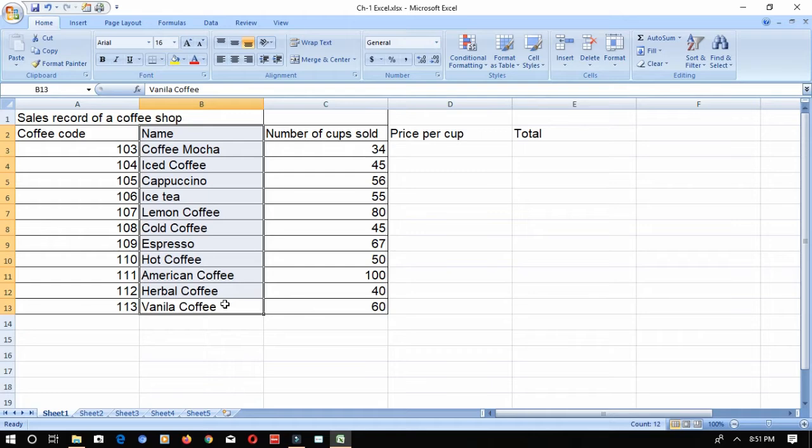Now let's see selecting a particular full column. How will you do it? Go to the column header and click on it. If you see a down arrow, click on it, and your whole column is selected. What is the other way to do it? Click on any cell in the particular column you want to select and press Ctrl plus space bar. It is a keyboard shortcut to select a column.